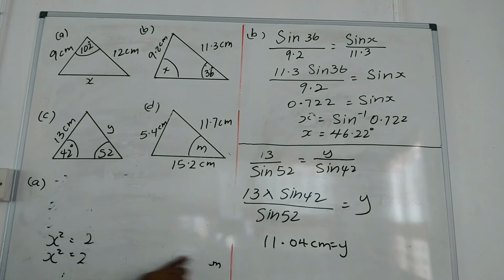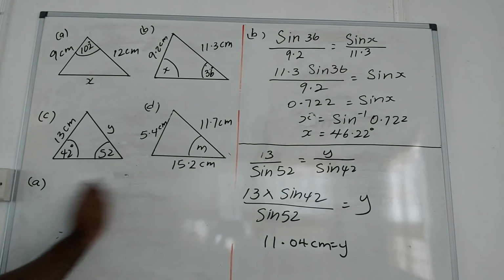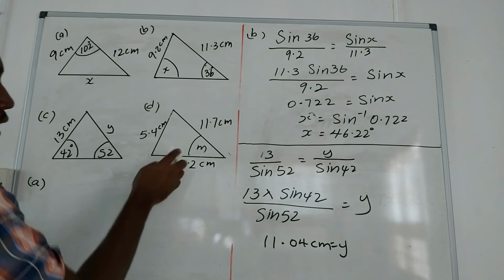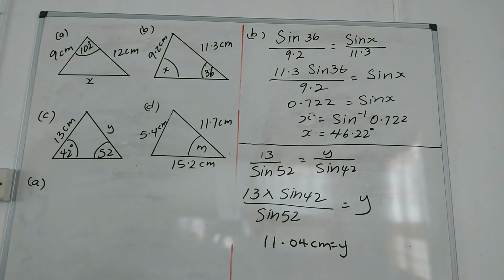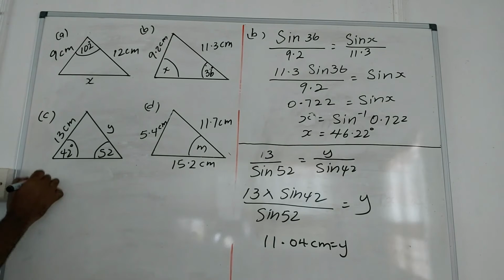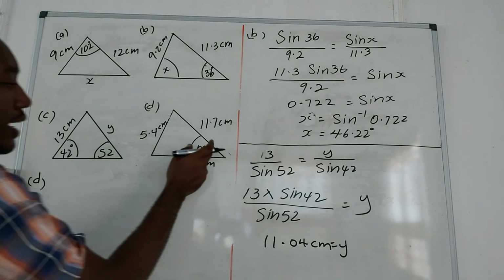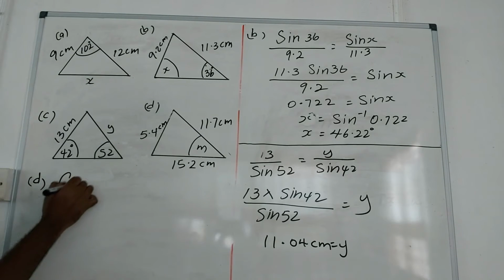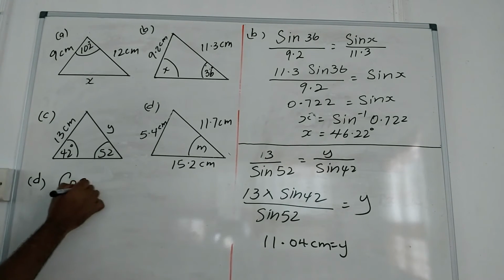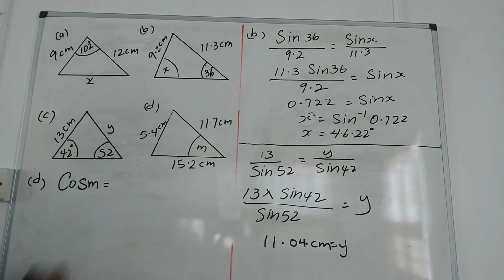Now let's do the final one. Here we're given three sides, and we know easily, once we're given three sides, that we can only use the cosine rule. We can only use the cosine rule. So we need to find the angle M. So cos M is equal to,